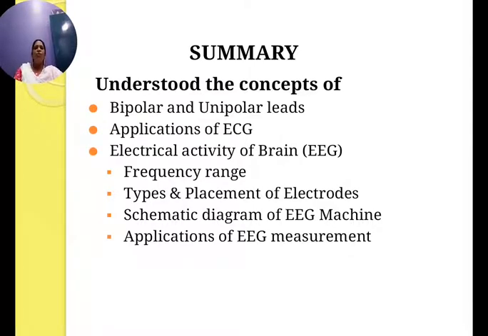Then coming to the topic electrical activity of the brain, we have studied the electroencephalogram. It is an instrument used for recording the electrical activity of the brain by placing suitable electrodes. They are surface electrodes placed on the scalp, and this instrument is called the electroencephalogram. The brain generates rhythmic potentials which originate in the individual neurons of the brain. These potentials are all summated together. Millions of such cells discharge synchronously and appear as waveforms known as the electroencephalogram.